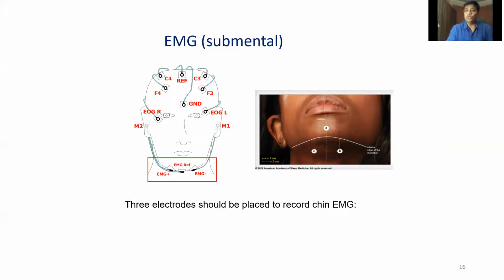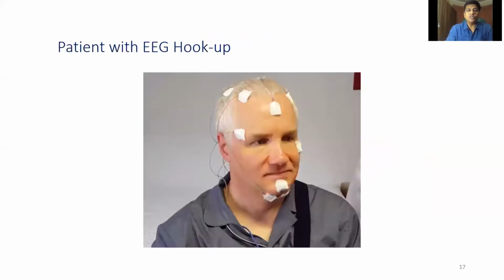So this is how you need to locate and place the EEG and EOG and EMG electrodes. Once you have done this, the patient hookup is more or less ready. I'll try to show you the same things which I discussed in the presentation on a dummy in a practical way so that we have a better idea. Let me stop sharing my screen, and we have a dummy ready with us.